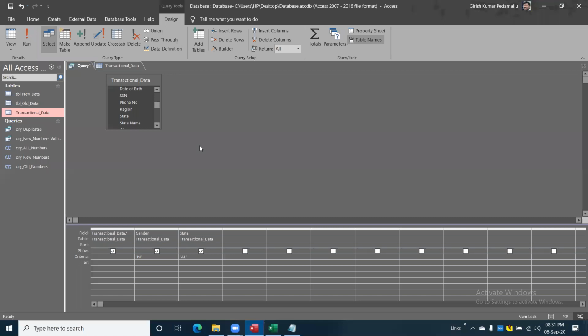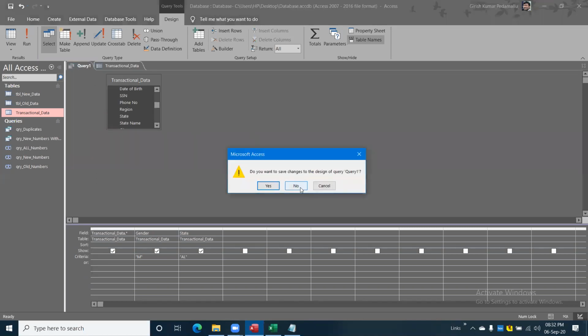Sir, can you repeat, sir? I missed out, please. Which one? This one? Transactional data? Instead of selecting SQL view, you showed how to do something with transactional data. See, instead of me writing an SQL, yeah, okay, got it. I'm closing this editor and reopening one more time. Okay, I will do it.